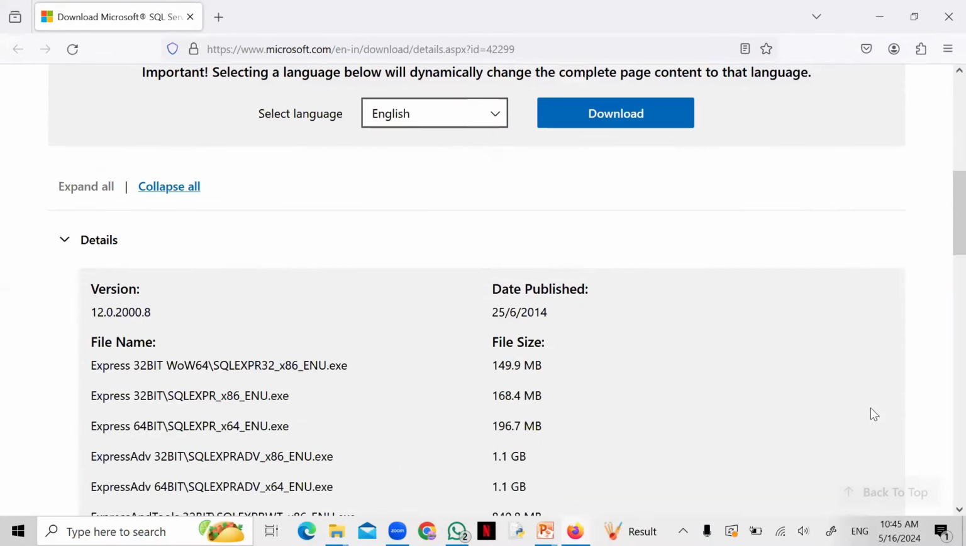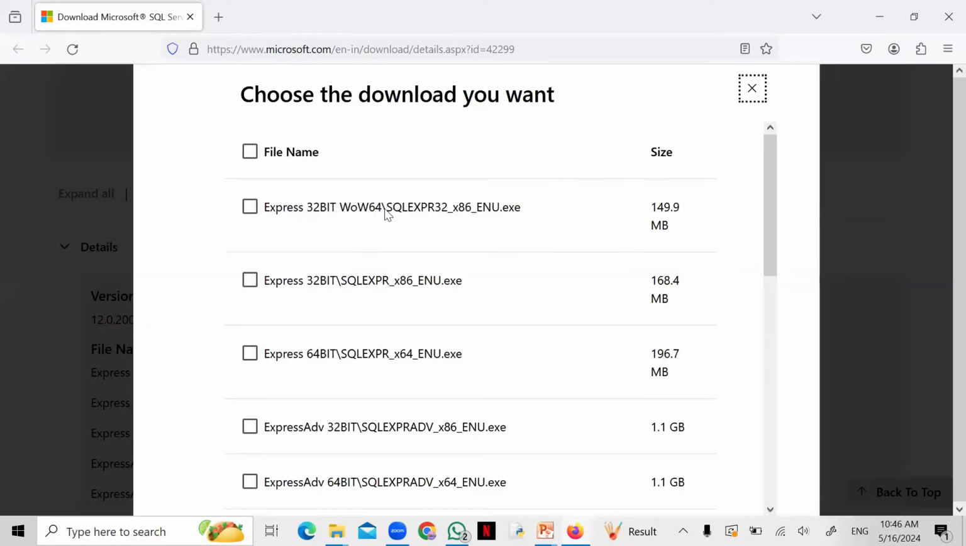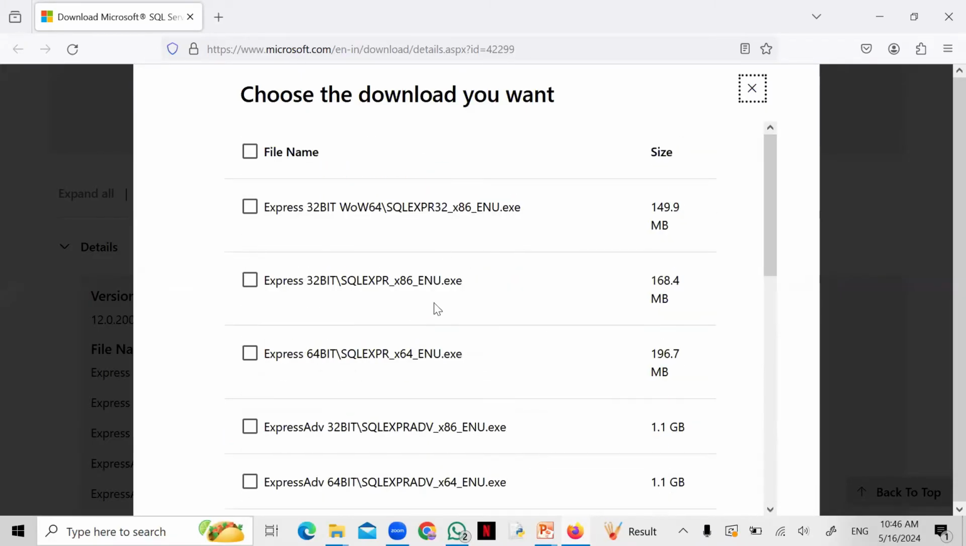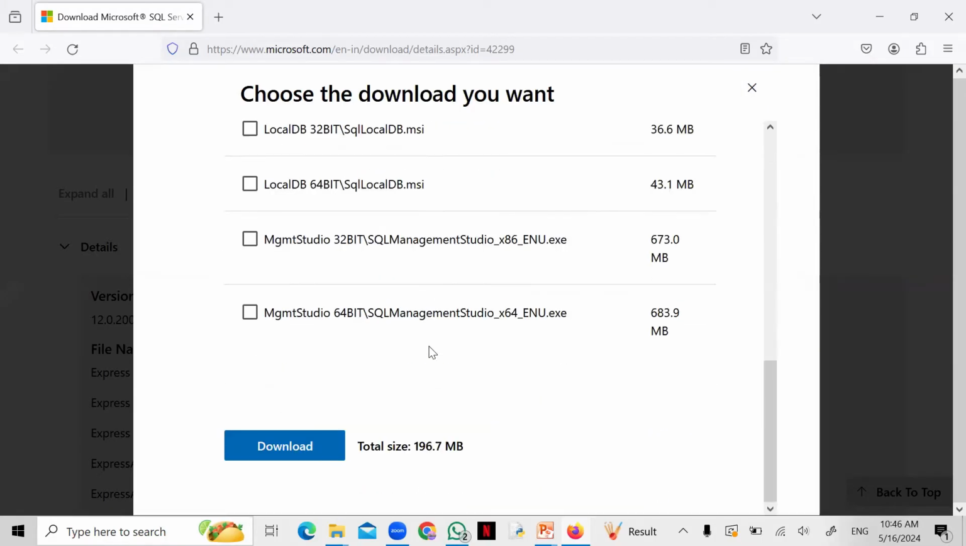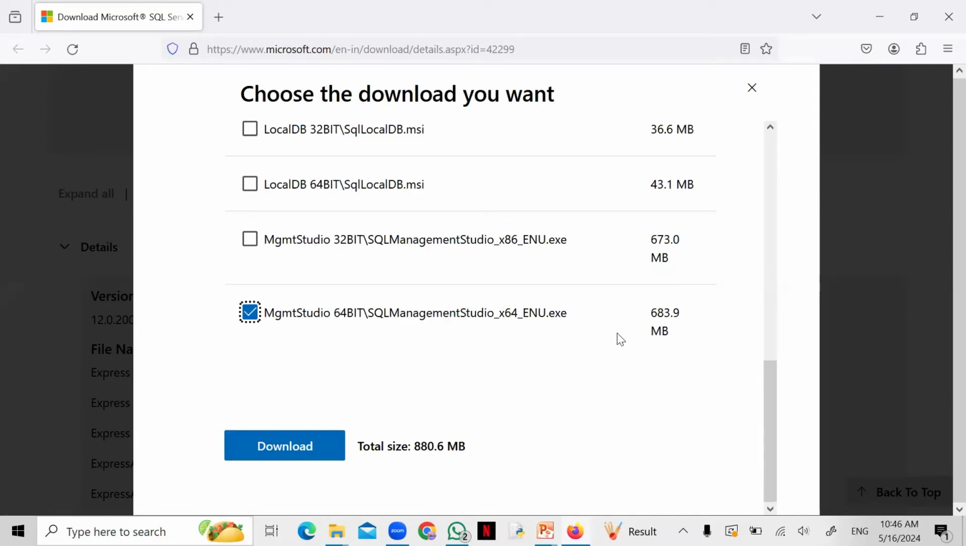Here it is. And when you scroll down, you just need to click on the download button. You will get a list of files, but you need not download all of them. You need to download the third file from the top, that is SQL Express x64 ENU.exe, and the last file, which is SQL Server Management Studio x64 ENU. The first file is the server file and the second file is the client file. Just click on the download button